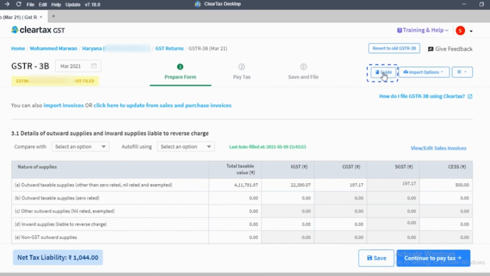Next, towards your right top, users can refer to the guide, which will display along with screenshots and a YouTube video. To import the data, be it sales or purchases, click on Import options.